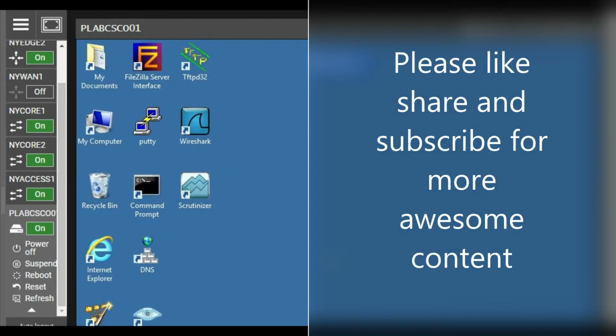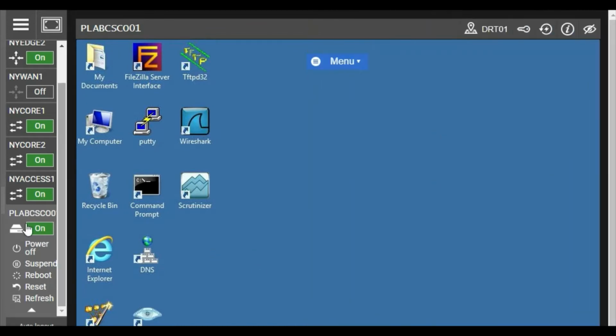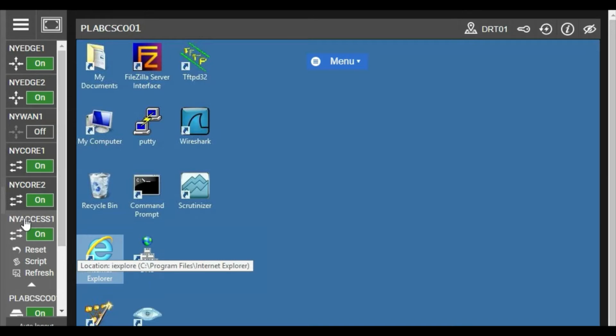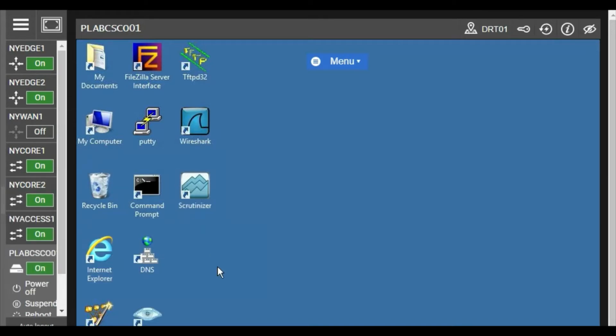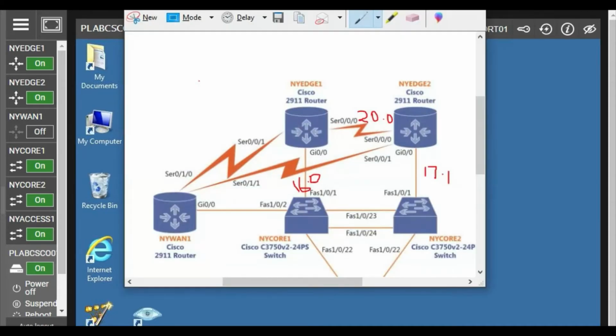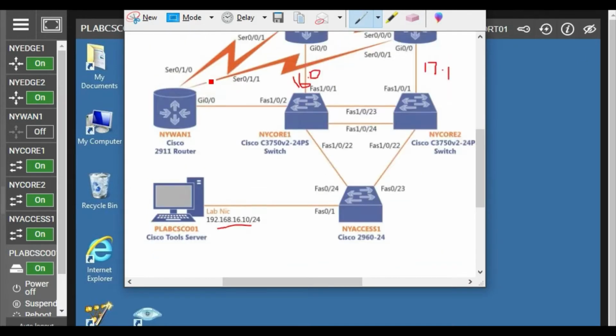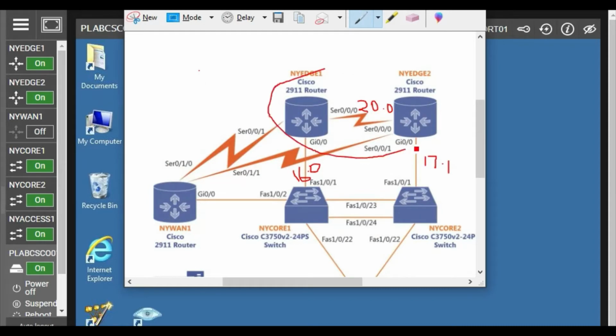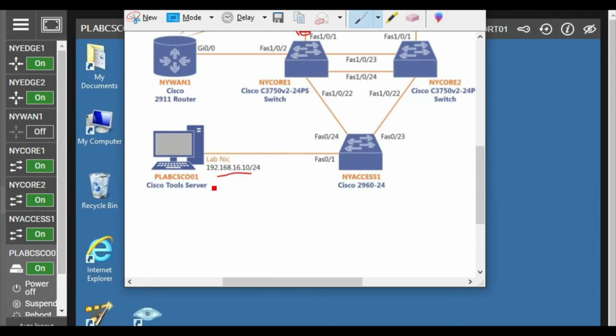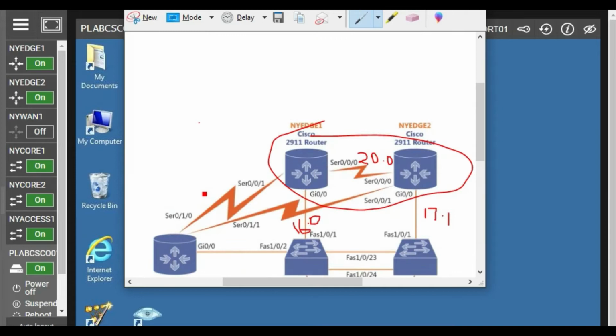So hi friends, today we have come with a new topic, that is taking configuration backup of a router or switch in your network into a dedicated server. So here I have taken a small topology. In this topology we will get the configuration backup in your server. So in this topology here are two routers, NYH1 and NYH2, and one server where we will keep the backup of startup configuration or running configuration as well.